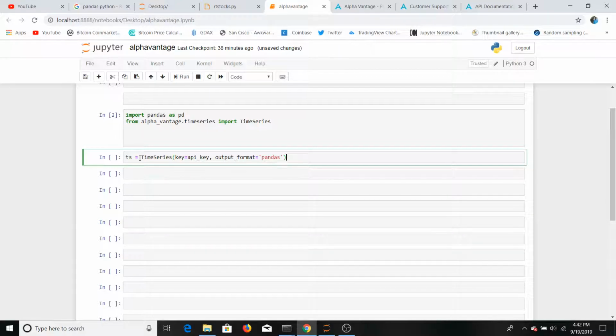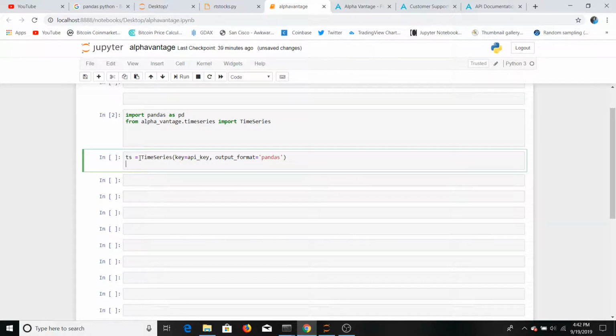Okay, so let's move down a line. Next we are going to have our data, comma meta data is equal to ts.get,